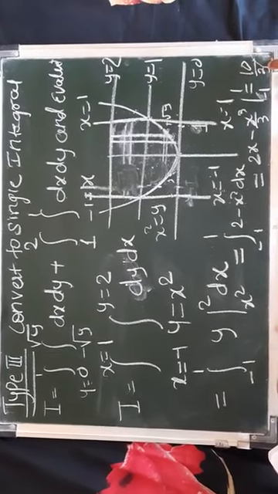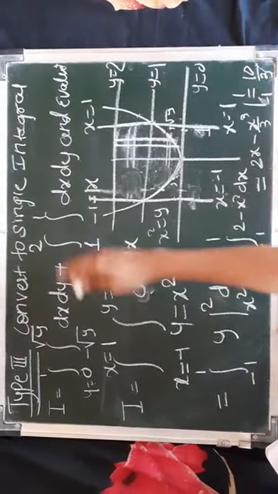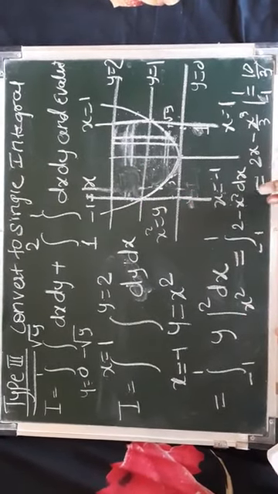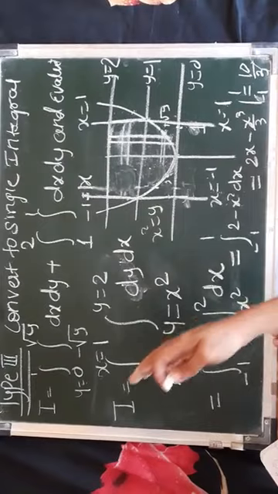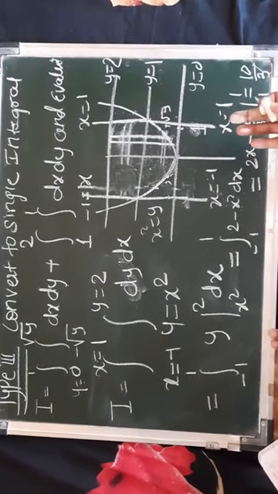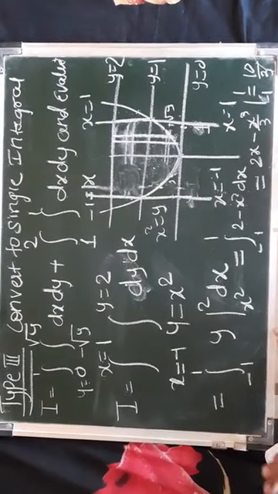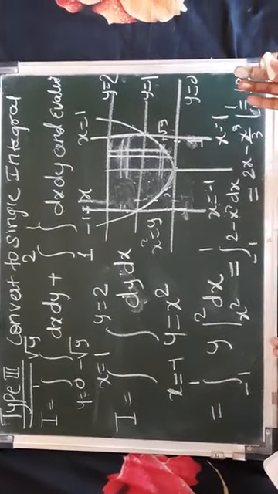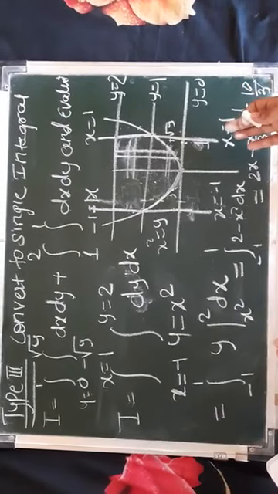10 by 3 is the answer of this integration when I convert the integration which was in two parts to a single integration. So generally, how do we do this? If there are two parts, then if initially they have considered a horizontal strip, you will have to consider a vertical strip to convert the two parts to a single part, which is actually called change of order, that we are going to see in the next type of questions.